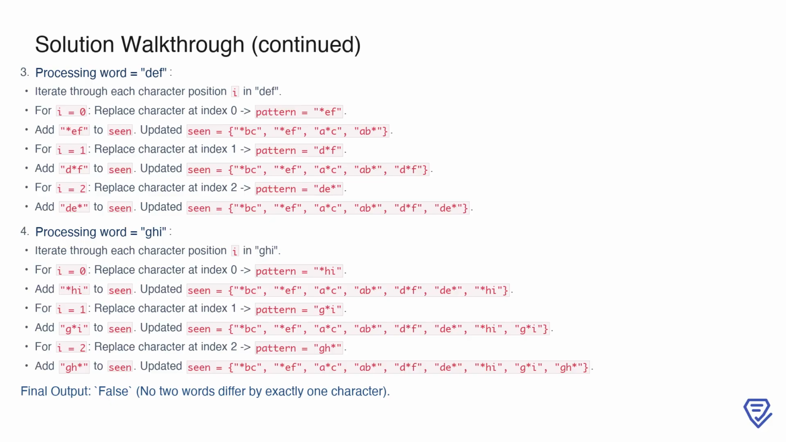At index 0, replacing the character generates the pattern *HI, which is added to the set, updating it to *BC, *EF, *C, **D, **F, *HI. At index 1, the pattern G*I is added, making the set *BC, *EF, *C, **D, **F, *HI, G*I. Finally, at index 2, the pattern GH* is created and added, resulting in the final set